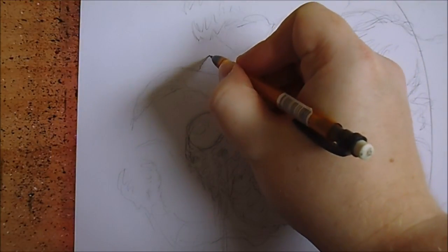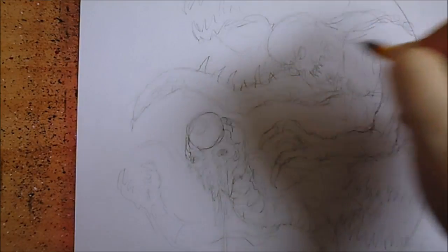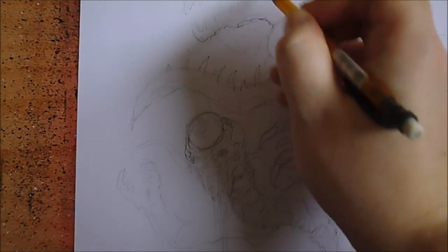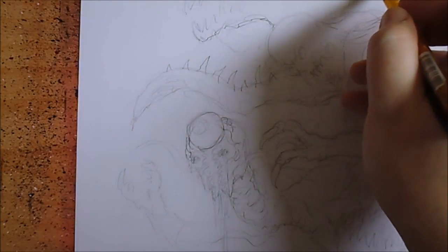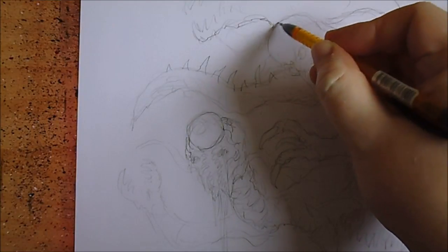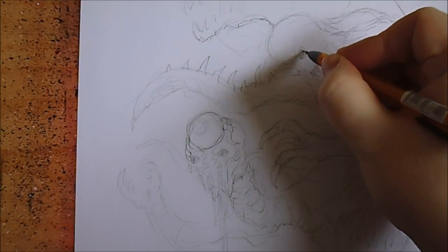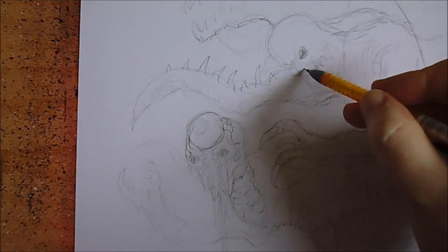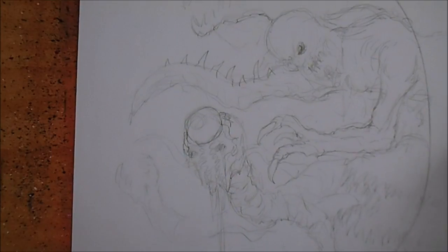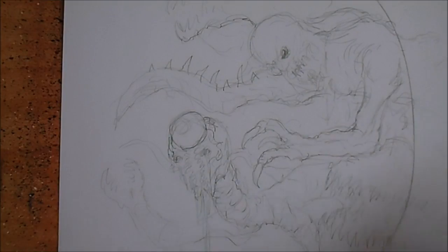Maybe there's like spikes on the back of his arm there. Yeah, I like that. Could work this one. Not too sure at this moment, but yeah, the elements are looking alright. The sketch,